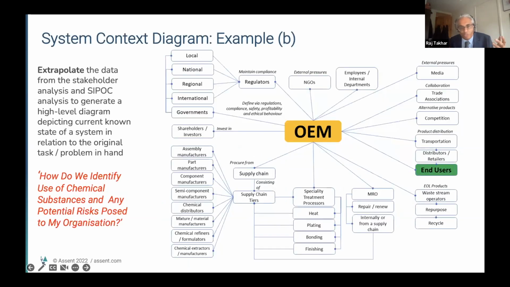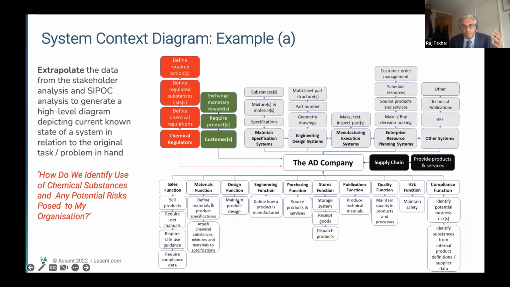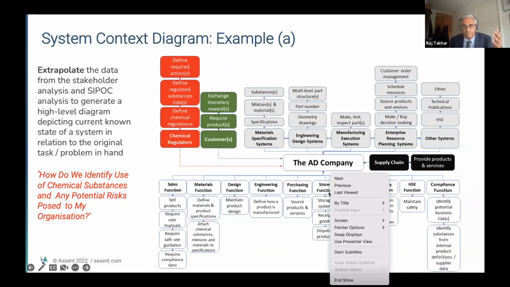And this is the more complicated one, that tells you, okay, this is more like a classical boundaries diagram that looks at all the different things that could happen in different areas that affect you as a company and the types of things you make. And then you'd have to look at it and say, well, where am I using chemicals, where are they flowing in from,